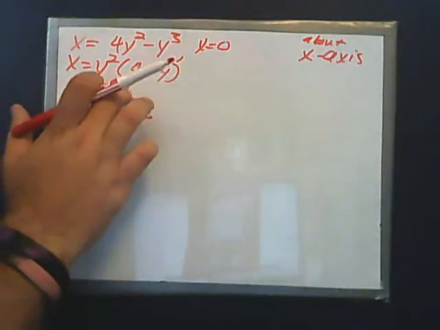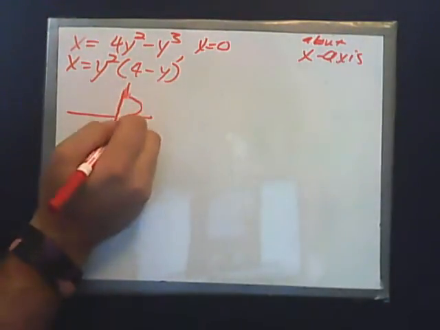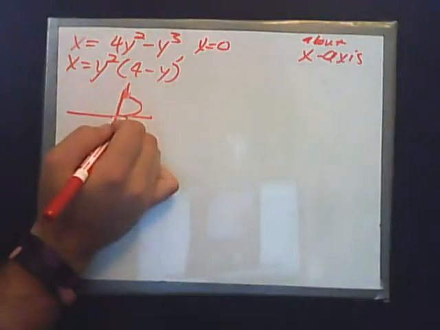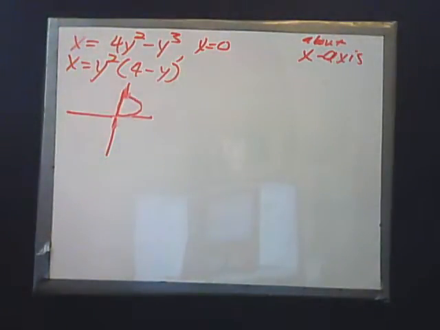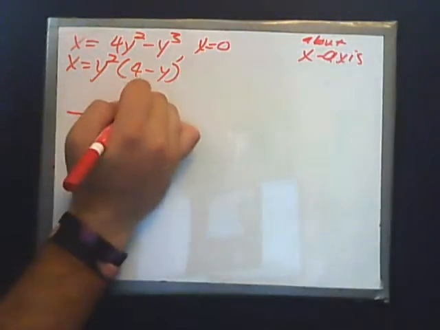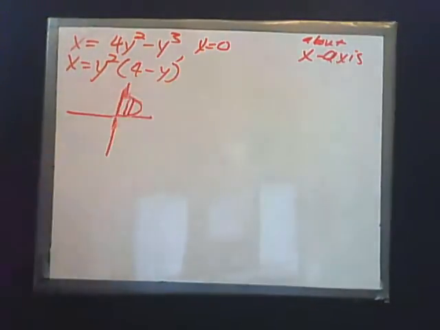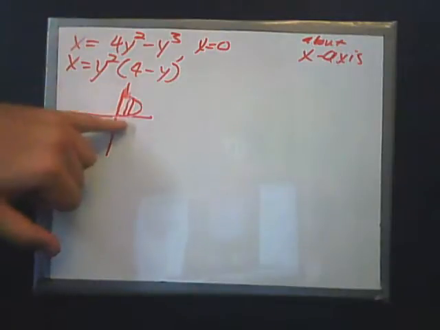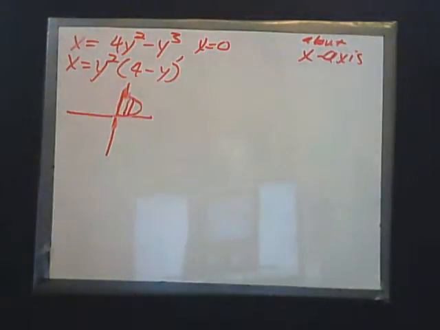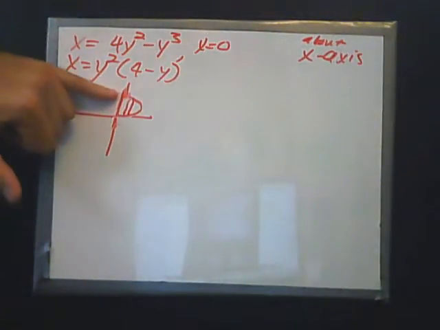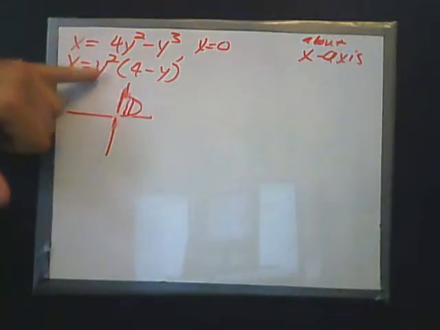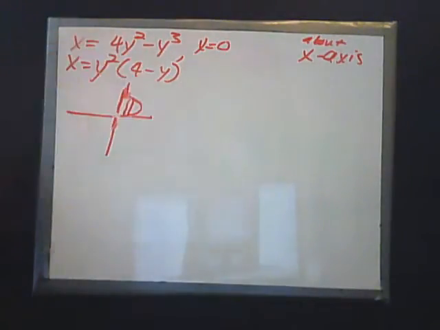And we want to rotate this area about the x-axis, right here. Well, the problem now is if we make a perpendicular slice, like we've been doing, our outer radius and our inner radius lie on the same curve, so there's no real easy way to define outer minus inner when they're both represented by the same equation, 4y squared minus y cubed. So now what we have to do instead,